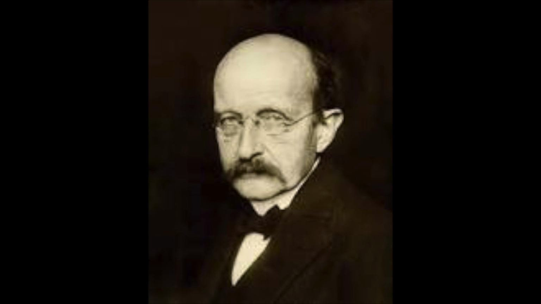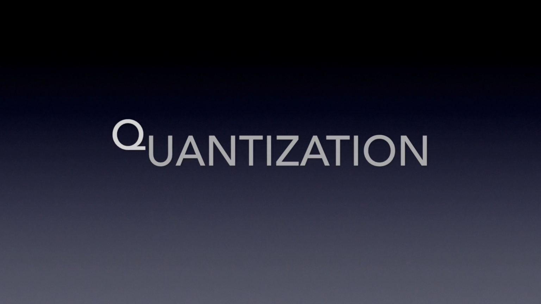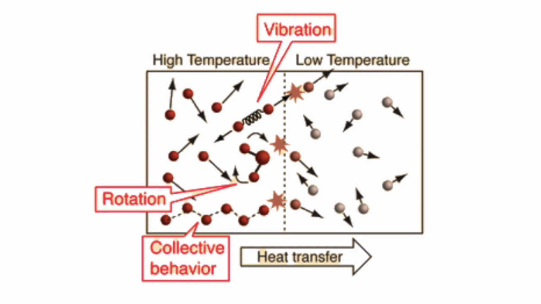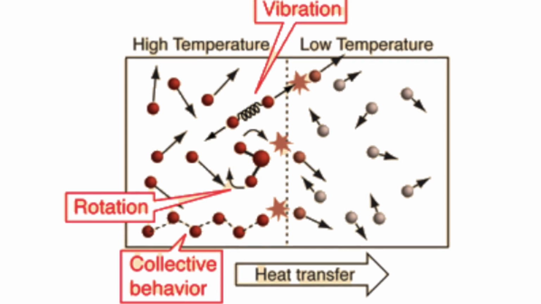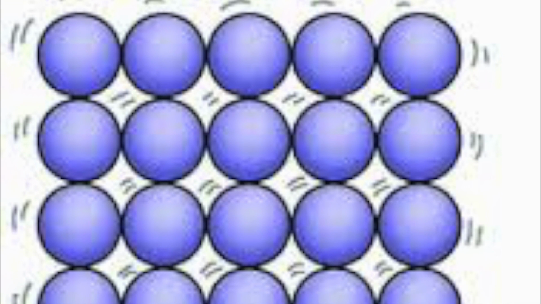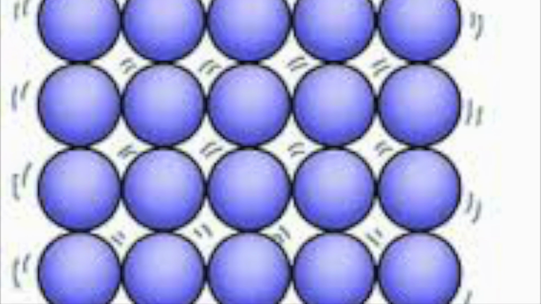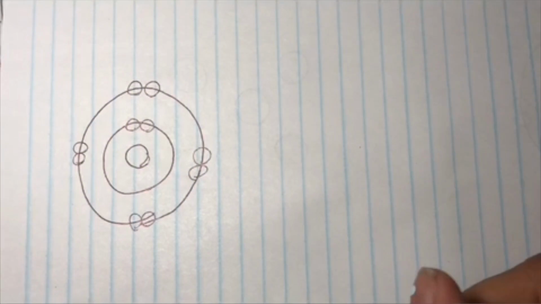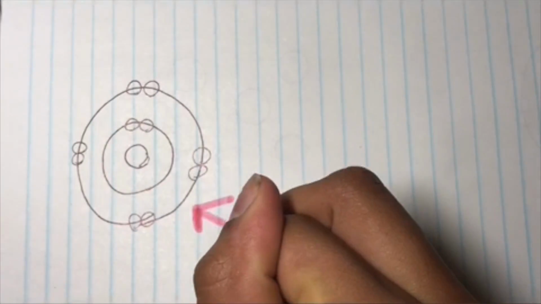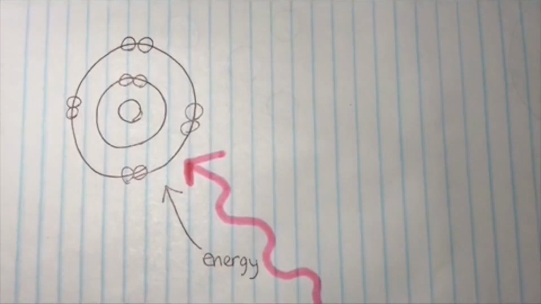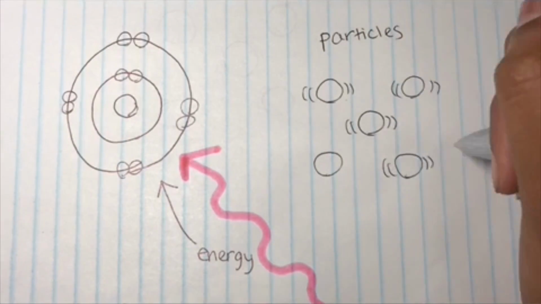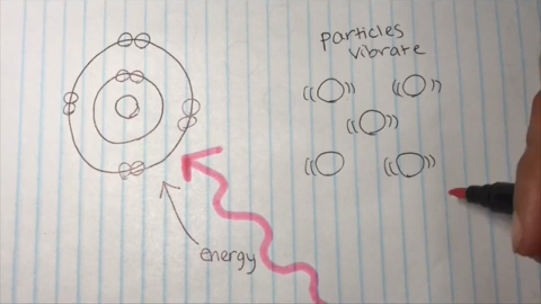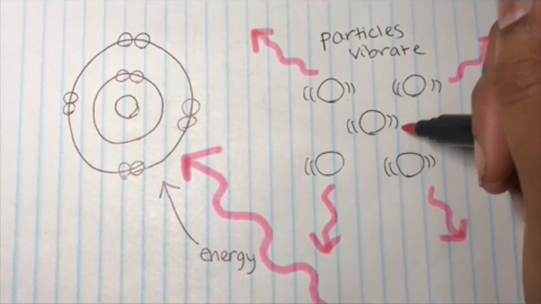In 1901, German physicist Max Planck solved the UV catastrophe by implementing a concept known as quantization. We learned last year that heat is the transfer of kinetic energy from one object to another. In a solid, such as a blackbody, this kinetic energy is generated by the vibration of the particles. When an electromagnetic wave hits an atom, the energy from the wave is transferred to the atom, causing it to oscillate or vibrate. It then radiates this energy back into the environment, generating the light we see in the blackbody